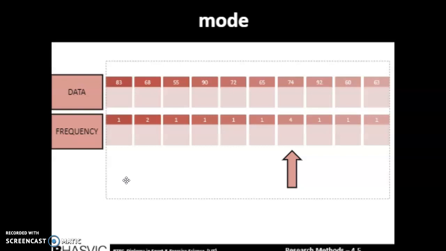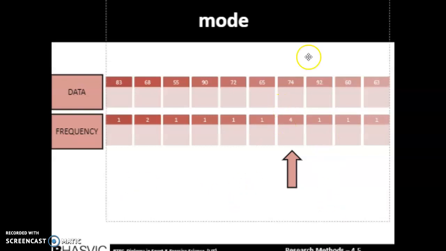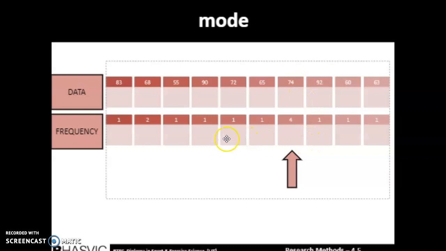In conclusion, I believe all 3 of the central tendencies help describe the data that's been collected, but if you use one of them on their own, they can be misleading. So although the mode is what most people had, there is still quite a range in the data, so we've still got 90 here,